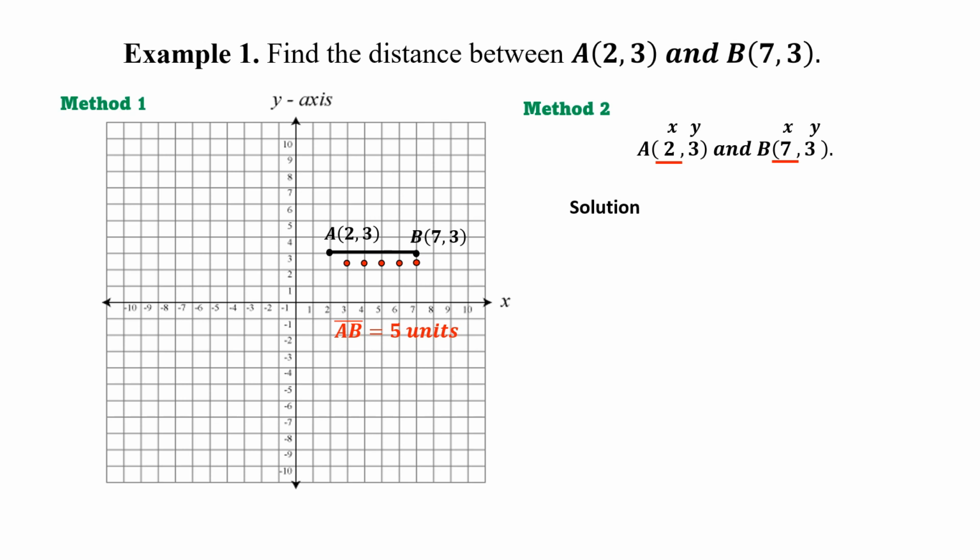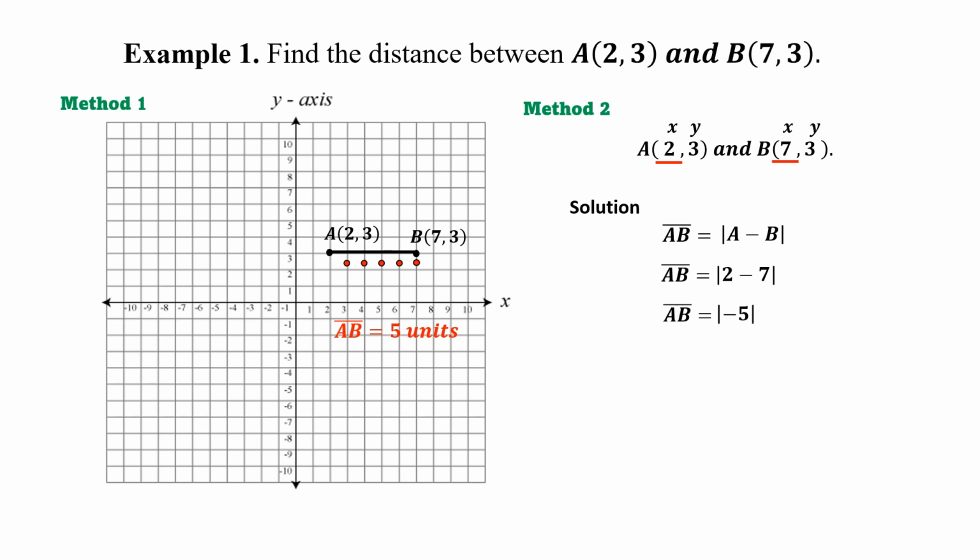Solution. Line AB is equal to the absolute value of point A minus point B. Let us substitute the value of x in each point. We have line AB is equal to the absolute value of the value of x in point A, which is 2, minus the value of x in point B, which is 7. Let us subtract. Line AB is equal to the absolute value of 2 minus 7, is equal to the absolute